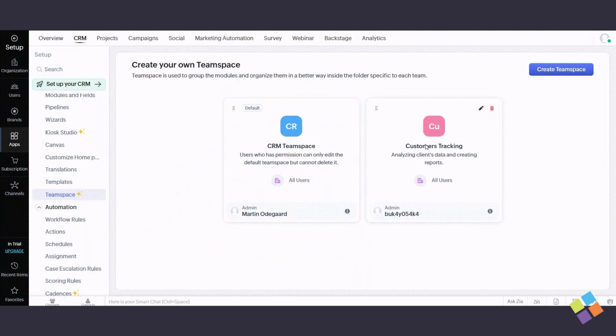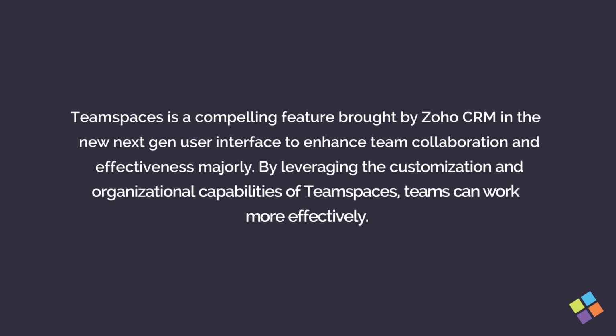Teamspaces are a compelling feature brought by Zoho CRM in the new next-gen user interface to enhance team collaboration and effectiveness majorly. By leveraging the customization and organizational capabilities of Teamspaces, teams can work more effectively,